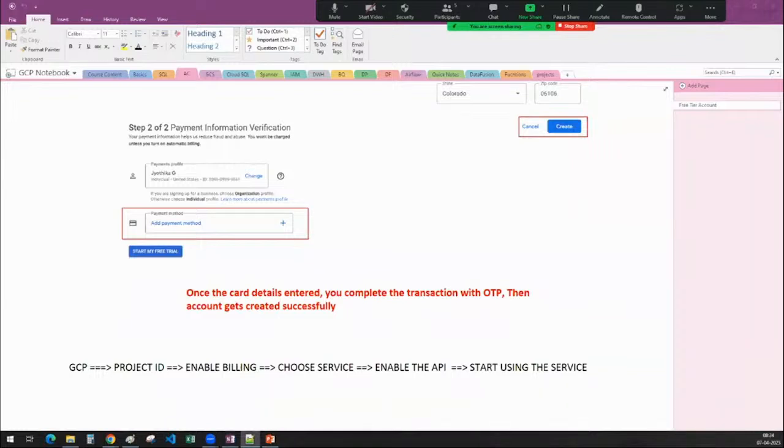I'll tell the answer to that question. Yes, someone is asking one more question: what tools do you use for data migration from on-prem to GCP, the cloud data migration? So this is one more question. The first question was this one, sir.